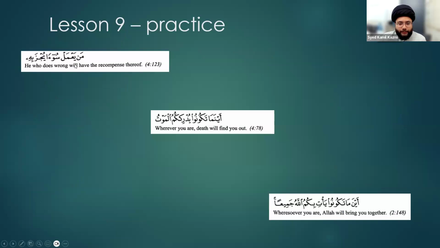So if we look at these practice words, you can see man is one of the words that is what? It's a conditional word. It's a harf shart. So if it comes upon, what does it do to the verb that comes right after it? If man was not there, this word that is right after man, ya'mal, what was the original form of this particular verb? Yeah, Malu. Ahsant. So what happened then when man came?